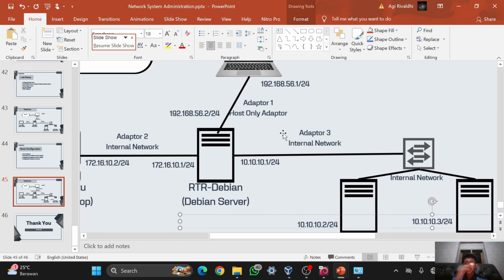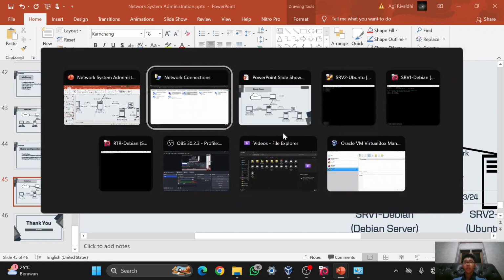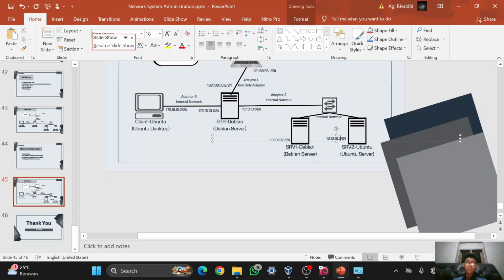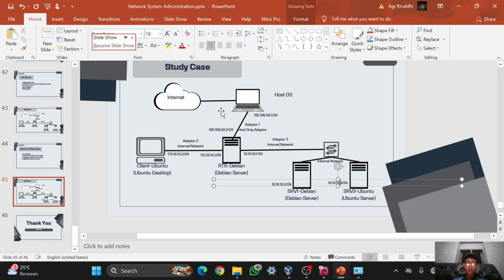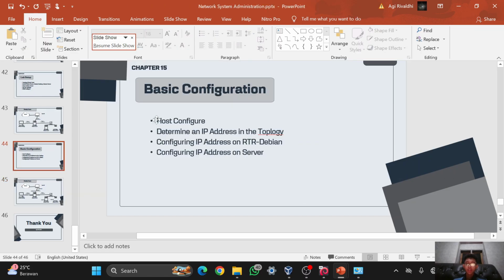So in here I was determining an IP address on the topology.